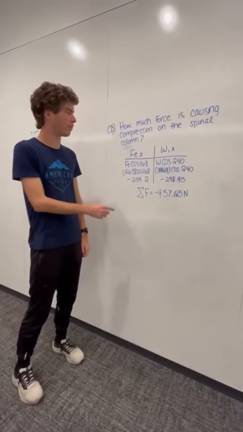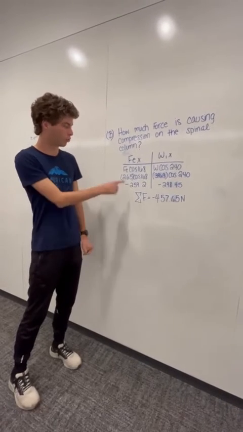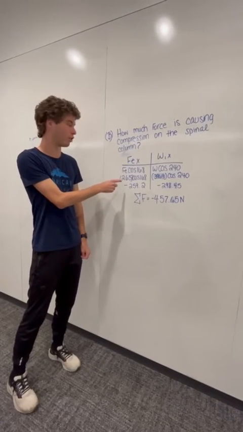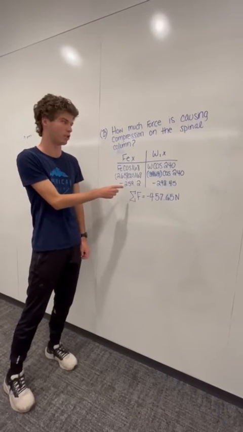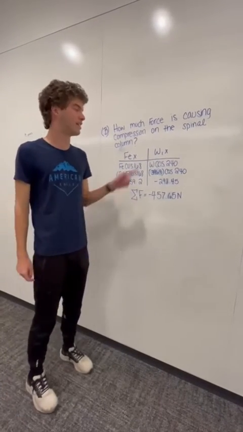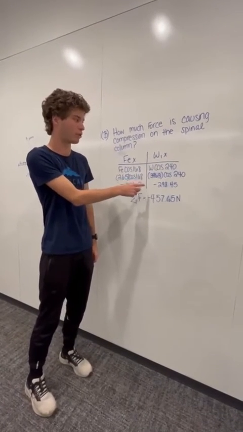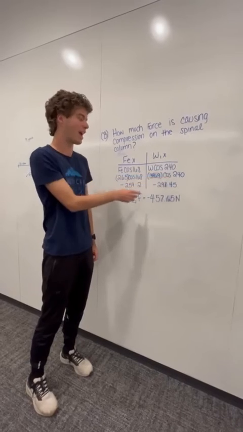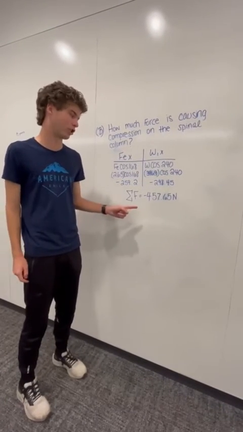We need to start off by finding the x component of the force applied to the spine, which we found before as 265 newtons, times the cosine of 168, and we end up getting negative 259.2. The next thing we have to find is the x component of the weight. For that, we take the force of gravity, which we just found, and the cosine of 240, and we get negative 298.45, added together for our final answer of negative